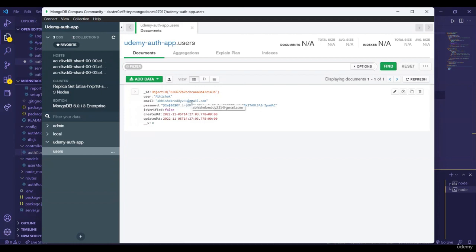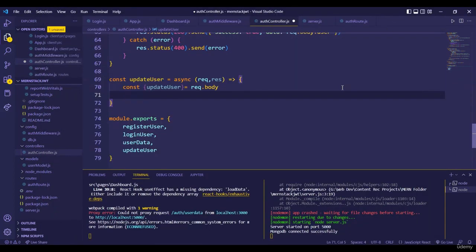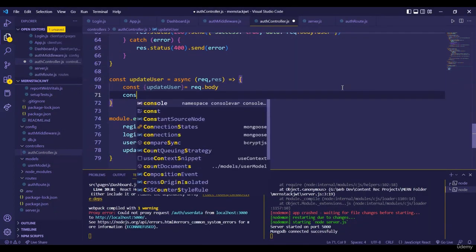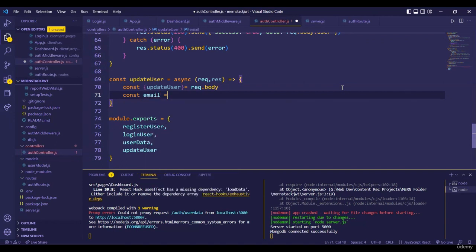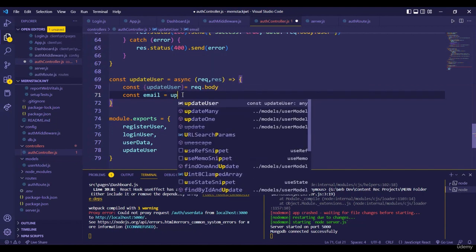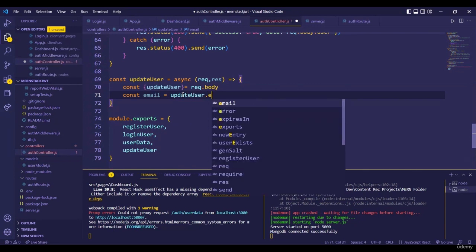So we are going to check in the database, wherever this mail is there, we are going to change that password. So email plays a main role here. So I'm going to create a mail variable also. So in this update user only, we'll have that mail object. So update user dot email,